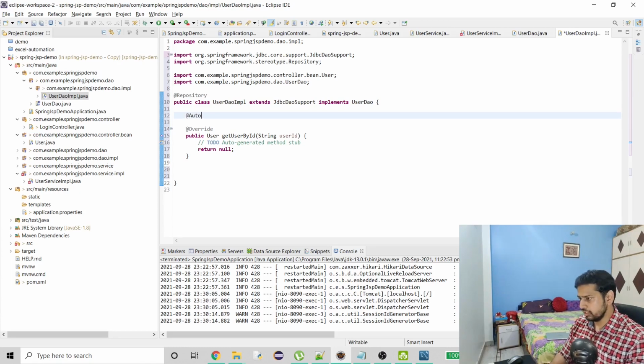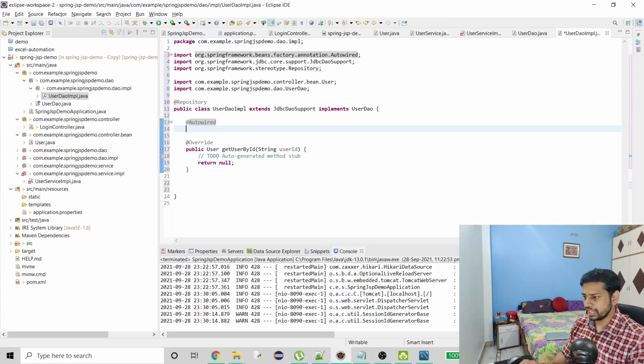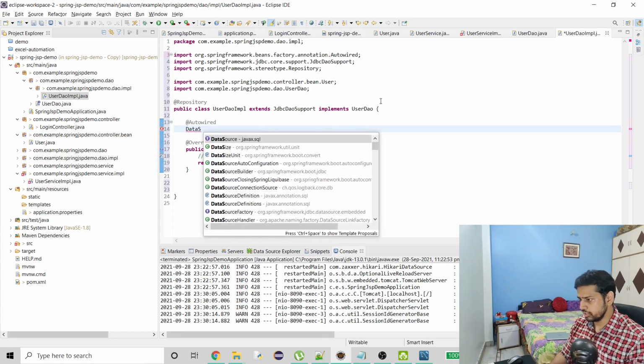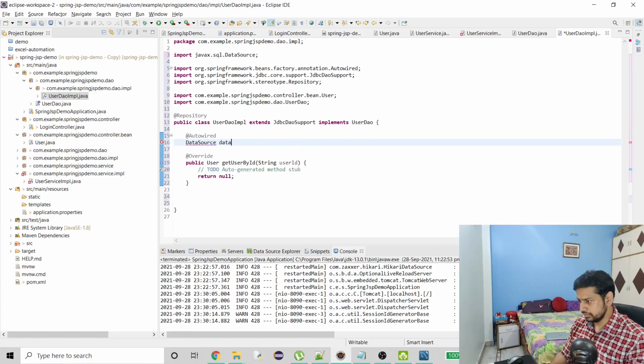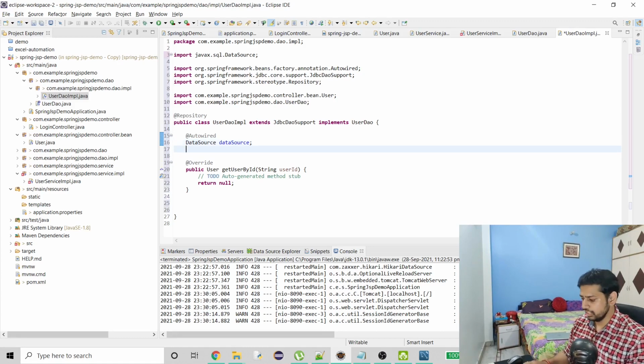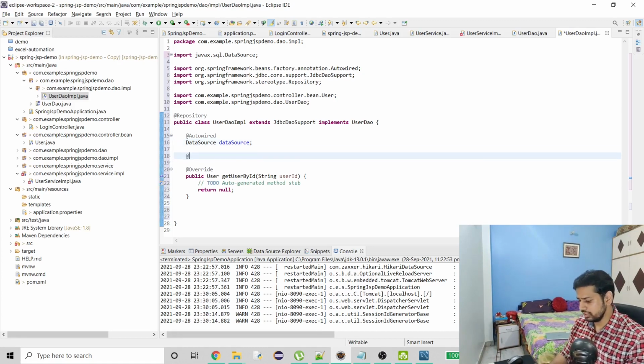So here what I'm going to use is what we did in our application.properties. We created a data source, so that's what I'm going to create here, and this is going to be used often. Now we have the data source, and the data source is going to provide us the necessary instance to execute or to hit the database, right? So we have this. Now we just have to initialize this.